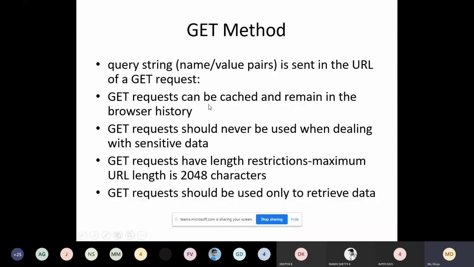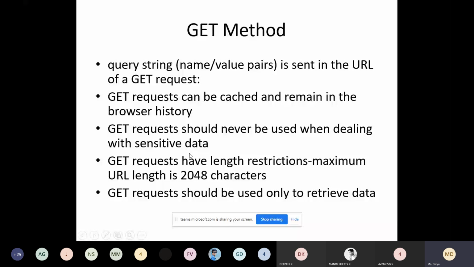The data will be cached and it will remain in the browser history. So the browser will cache whatever data you have entered. The get method should never be used when dealing with sensitive data, for example a password. If you are entering such data in the form, you should not go for the get method.